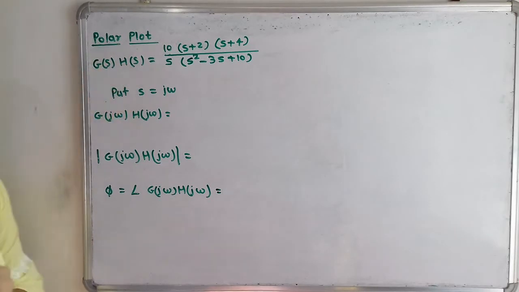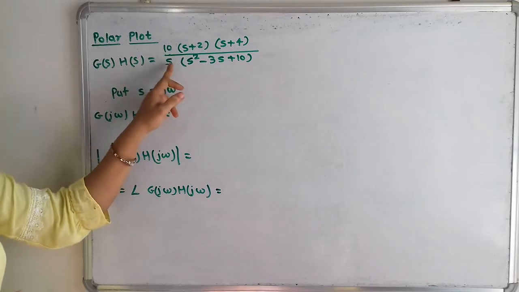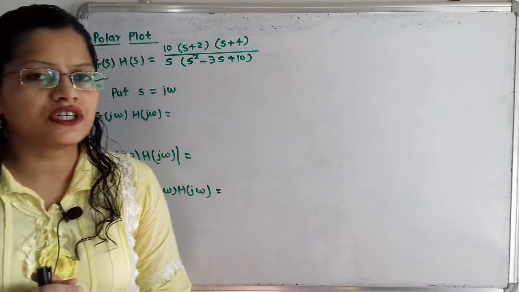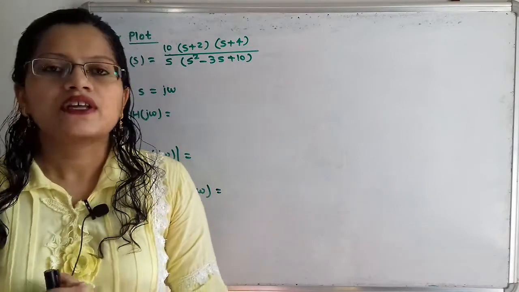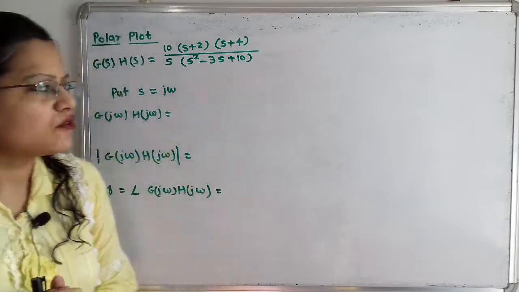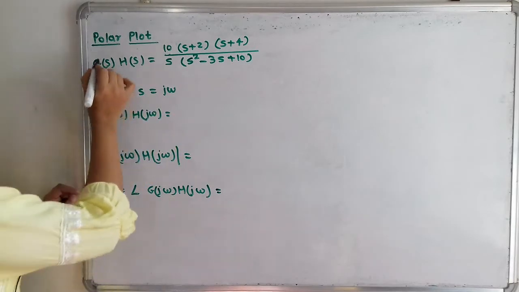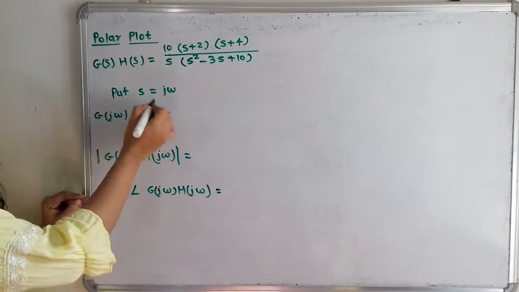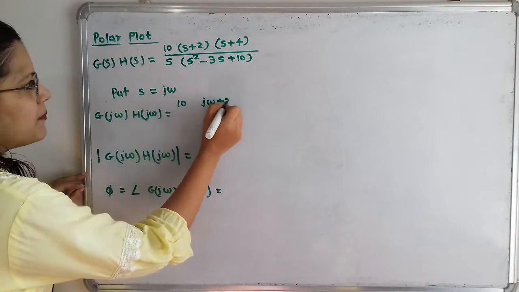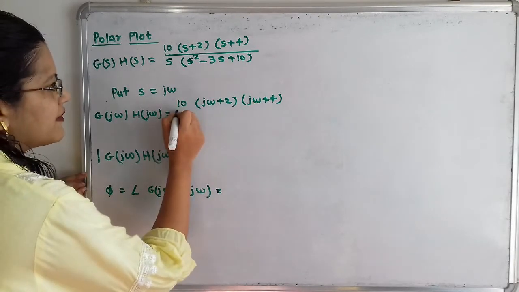G of s H of s is equal to 10 (s plus 2)(s plus 4) divided by s square minus 3s plus 10. So this transfer function is in the pole-zero form. Now we will convert it into the sinusoidal transfer function. So we have to put s is equal to j omega. So I will take here G of j omega into H of j omega is equal to 10 (j omega plus 2)(j omega plus 4) divided by